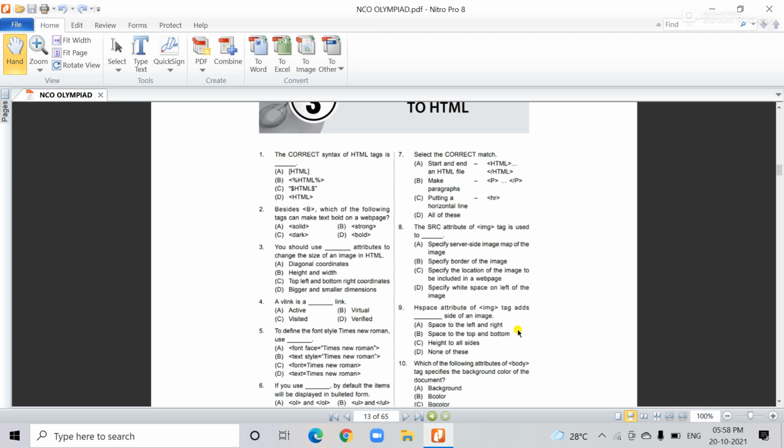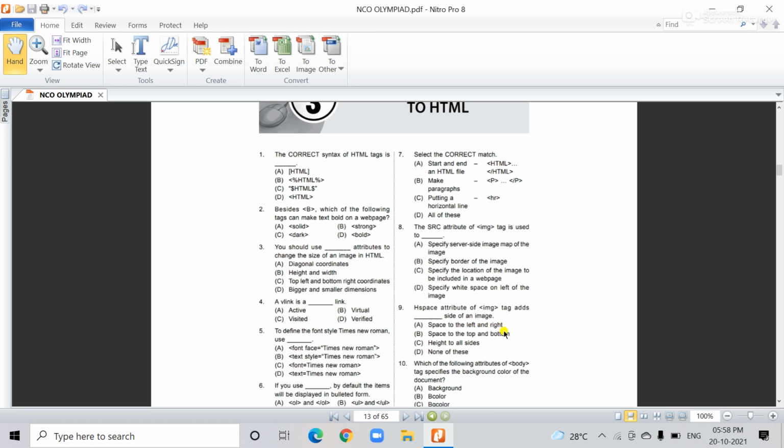The first option is space to the left or right, next is space to the top and bottom, C is hide to all sides, and D is none of these. So the correct answer for number 9 is option A, space to the left and right.